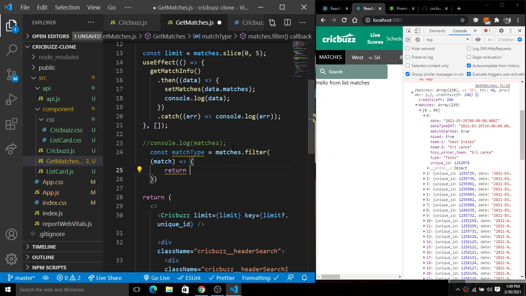So first information is match. If the match.type, if you guys can see, we have this match type, that is a Test. So if match.type.toLowerCase, so we will not make it case sensitive, that's why we will simply make it non-sensitive here. So toLowerCase, and to that .includes, and here what we search there. We will keep a track for this.